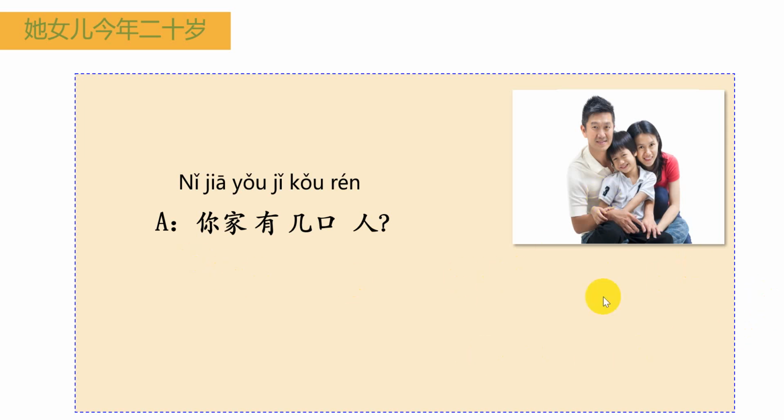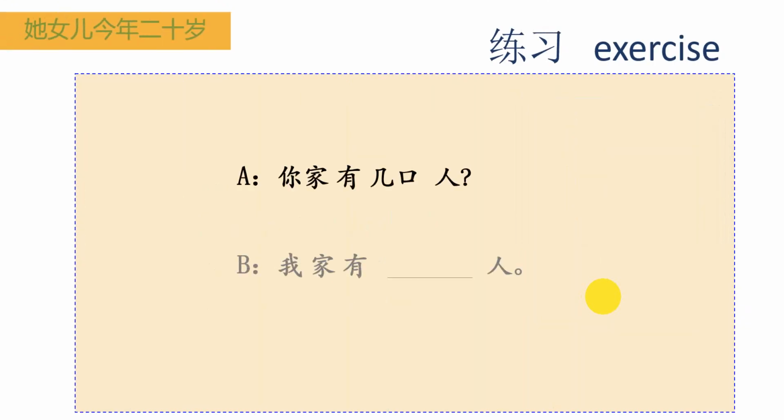Now the whole sentence: 我家有三口人。Good. Now how about you? 你家有几口人? 我家有五口人。Good. 你们呢? 我家有9个人。哦，你家有9口人。